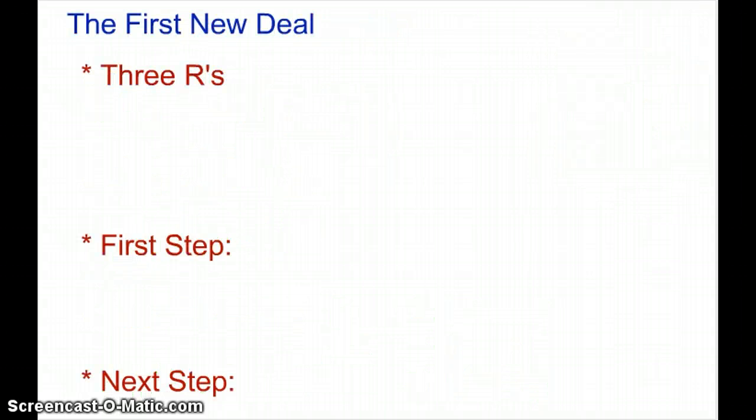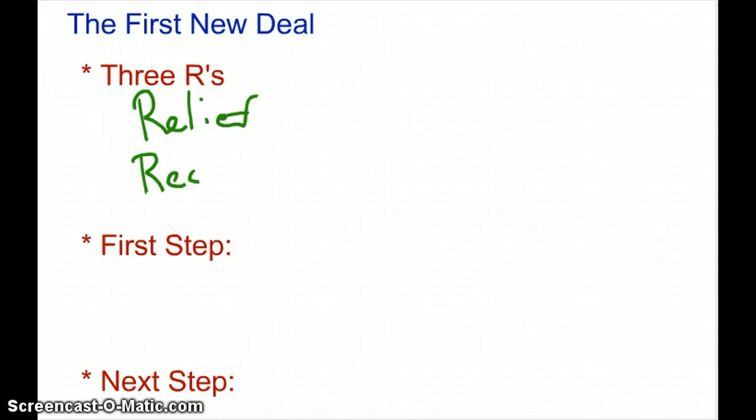restoring hope. Now, the first New Deal, there are 2 New Deals, but we're pretty much just going to blend them into one and just refer to it as the New Deal. So, the New Deal was based on the 3 R's, and the 3 R's are relief,